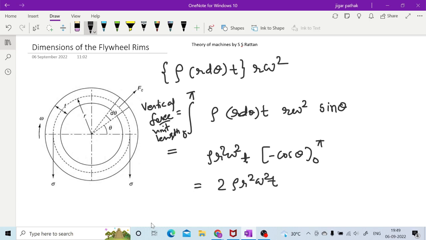Now, hoop stress or circumferential stress is also present in this flywheel, right? So if you consider that circumferential stress,